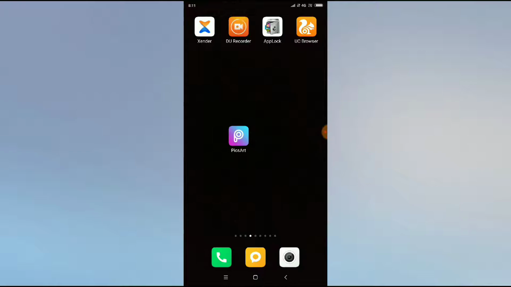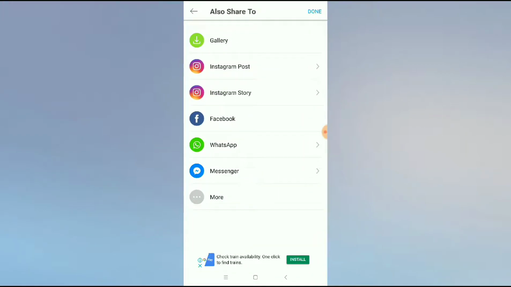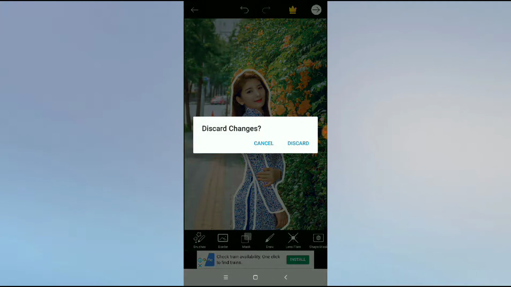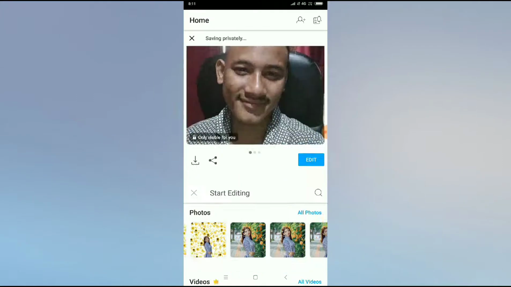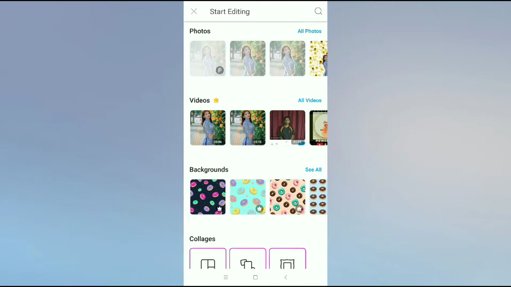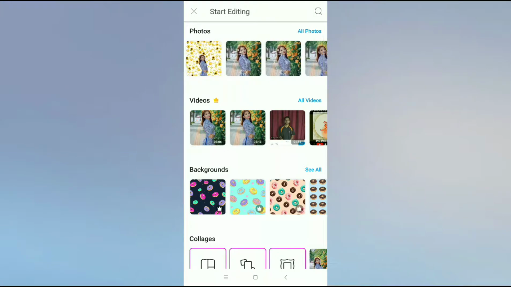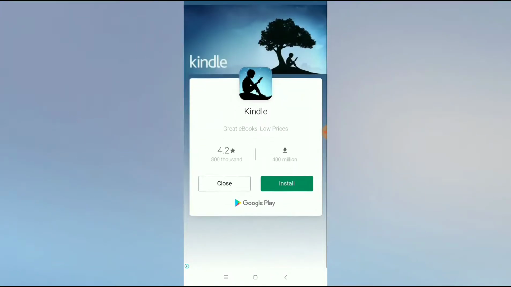So guys, Picsart sketch editing. I will show you how to do this sketch editing in Picsart. For this you have to go to your Picsart application and click on the plus icon, and now you have to select your model here. Anyone you want to edit, you can select from here. I will select this,